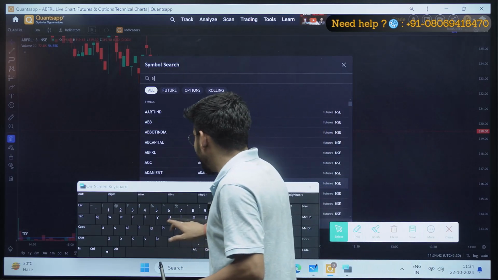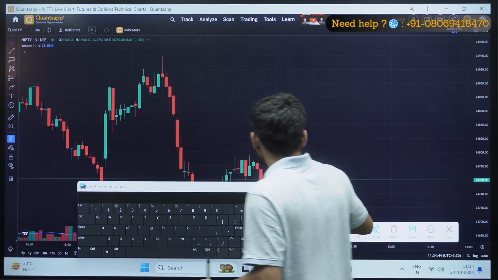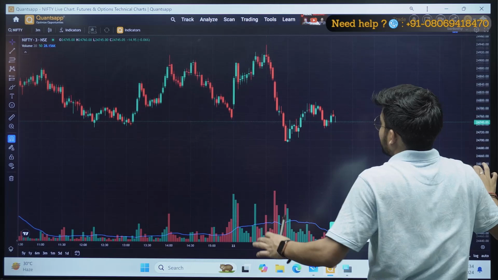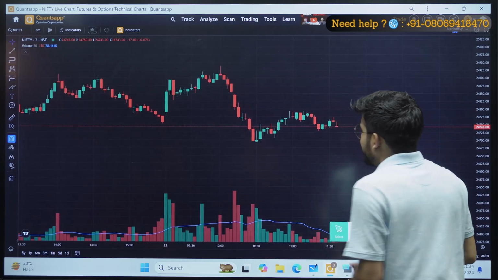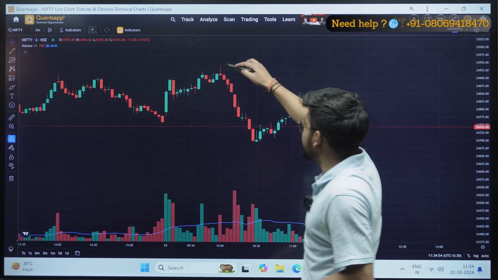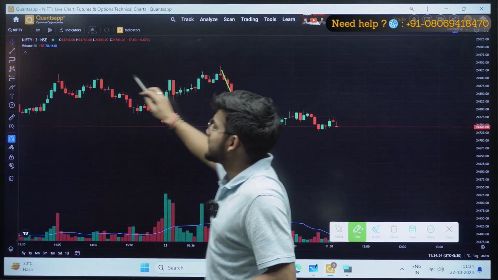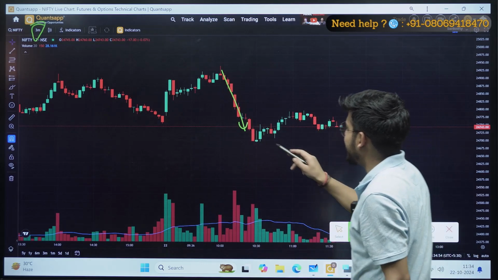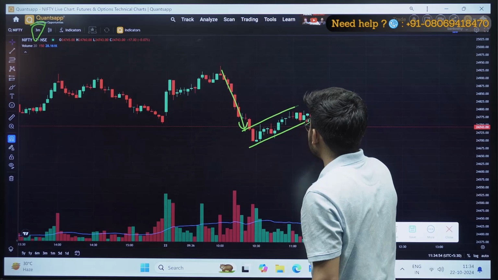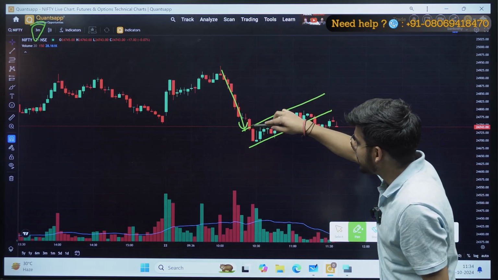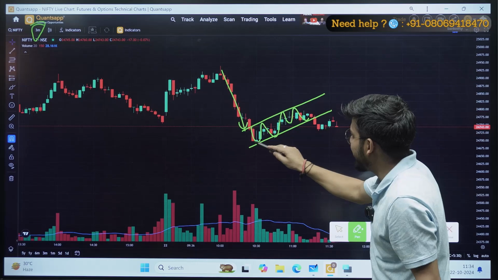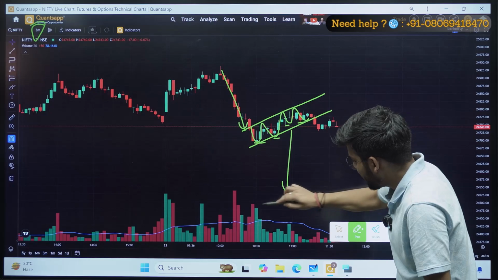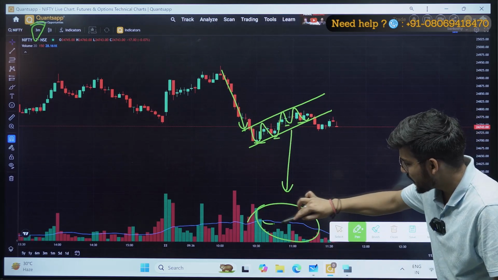Now let's see if it is working in Nifty as well or not. So I have opened the chart of Nifty here. In Nifty, I can see there was a significant downward movement. I am analyzing the 3-minute time frame as a scalper. So you can see there was a good downtrend in the market. After that downtrend, there was a pattern created here, and you can see there was momentum. Every time there was a new high, so it was moving in the upward direction. But in that momentum, I can see the volume is blank here. It is less than my average volume.